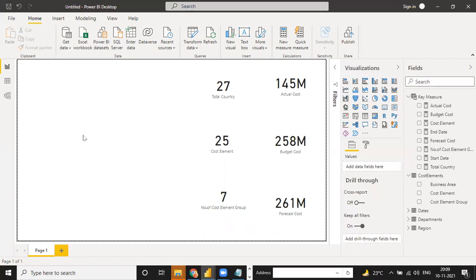Next day I will tell you how many more. Next day we will complete the whole dashboard with all the DAX functions, we have the running total function. Because see, for every dashboard, how many measures we should create, that is the main important thing, because measures are important and the visualization part is very easy.